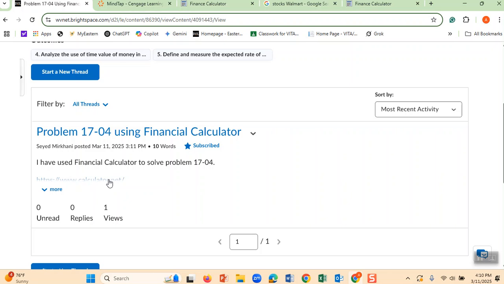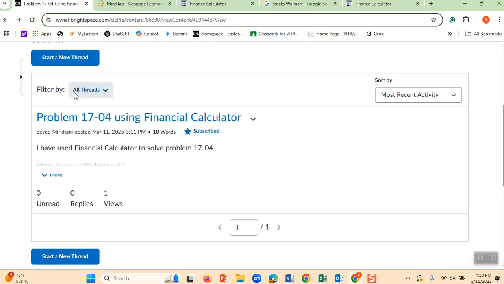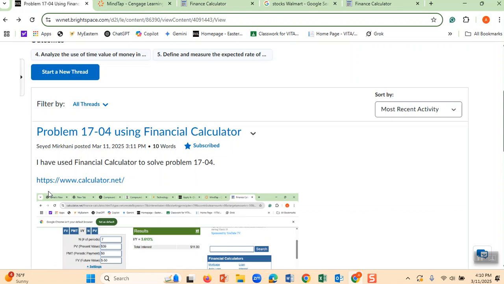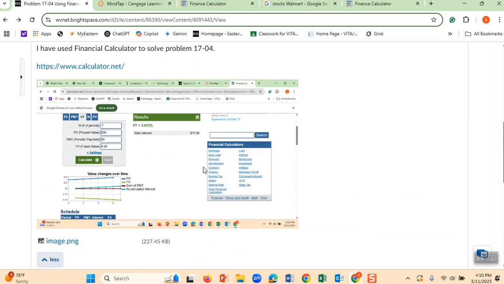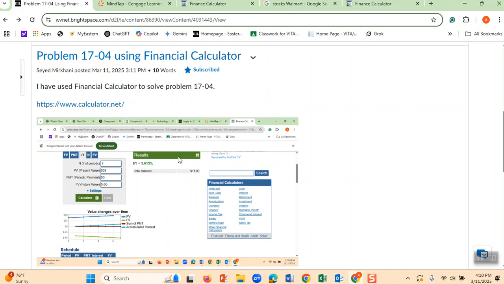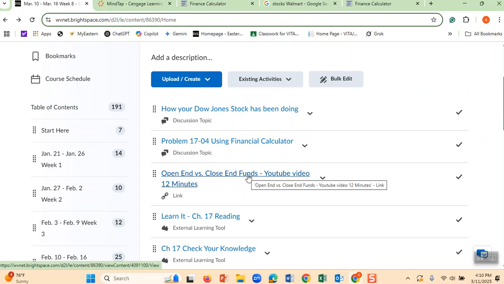Your calculator will show the same thing that my calculator is showing, and if you look, it shows 7%. Here it is. You are supposed to have this screenshot exactly like this, and of course it has to be the screenshot of your computer. If you don't know how to put this in here, watch what the other students are doing. That is another assignment that you have. That means 2 discussion boards for this week. You watch this video, you will learn a lot.